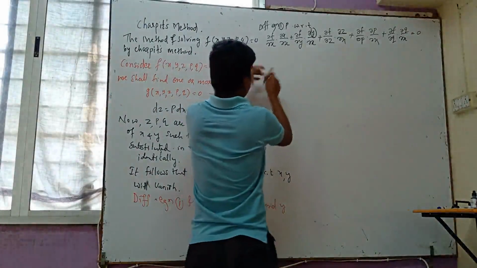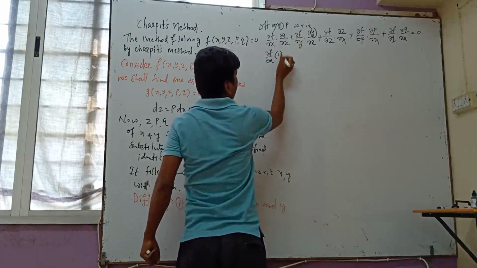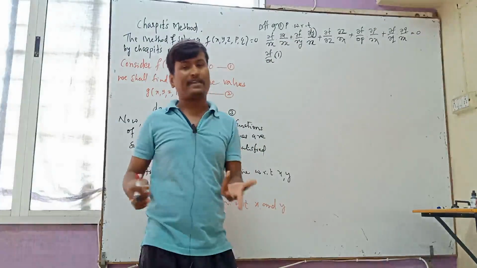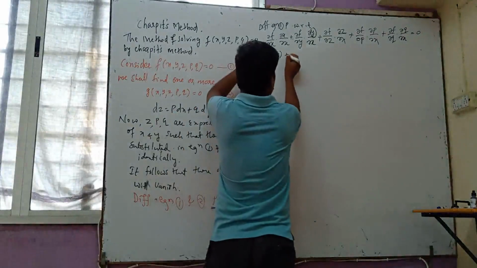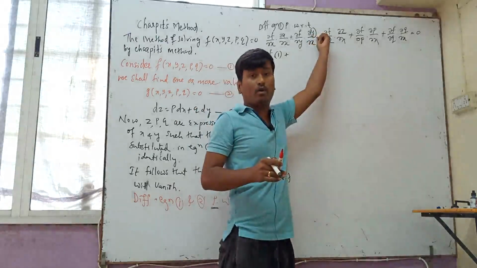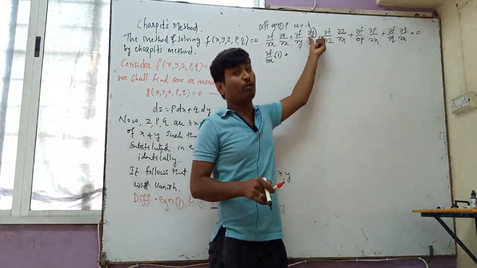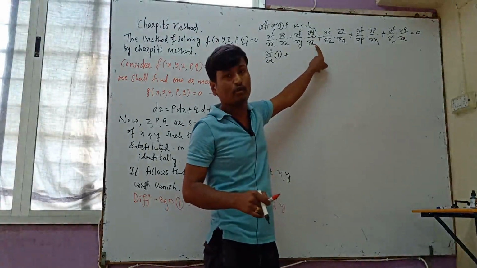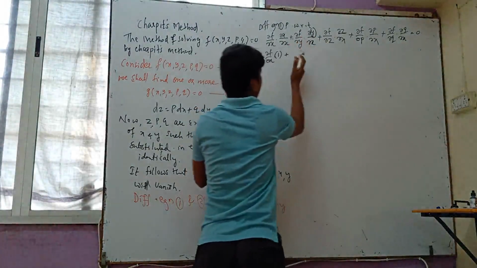Similarly, I have already written dou f by dou x into dou x by dou x, which is 1. You know already that x with respect to x is 1, whether partial or ordinary derivative. So this is 1, plus this term becomes 0. I already said that differentiation of another independent variable with respect to one independent variable goes to 0, because it is a constant, and differentiation of a constant with respect to x gives 0. Therefore this term vanishes.